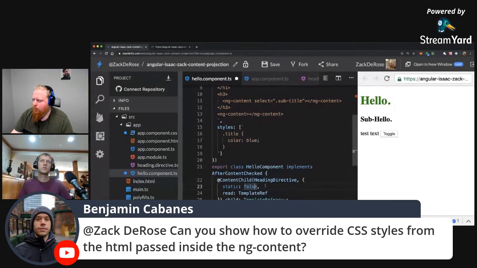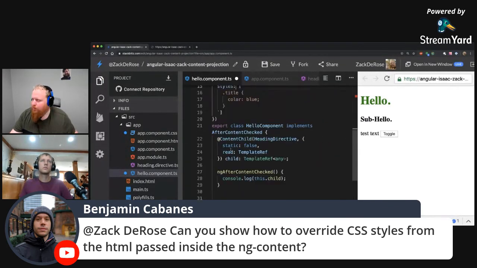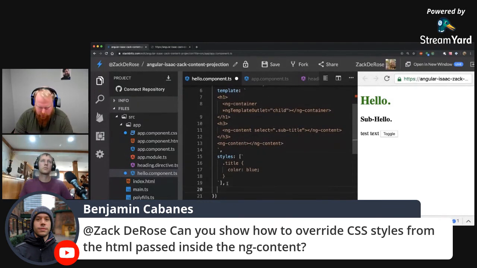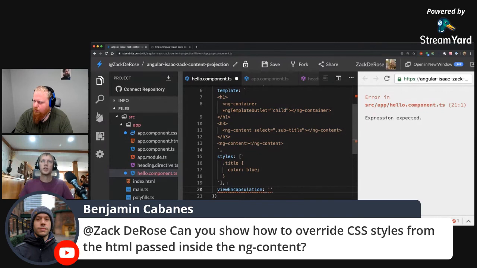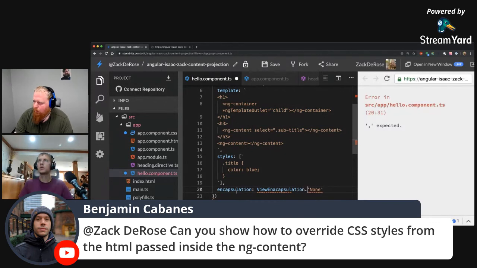Right. So, but the other option, getting rid of ng deep though, is just applying to the component decorator here, the view encapsulation of none, right? Yep. Let's do that because we're running out of time. View encapsulation. Maybe is it a string? Maybe it's encapsulation. Okay. And it's not a string. It's here. Let me look it up real quick. I think it's like a constant like this, right? Yes. So is it called view encapsulation? It is called encapsulation,